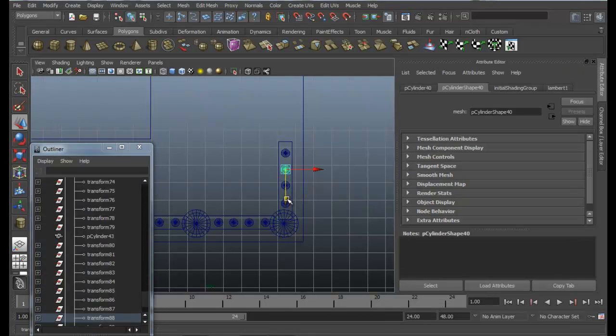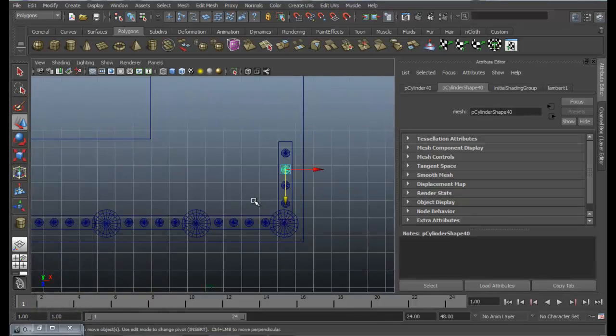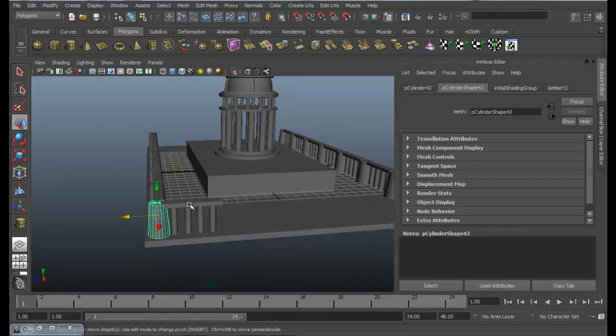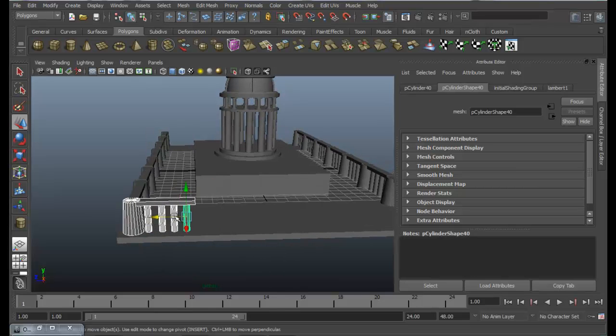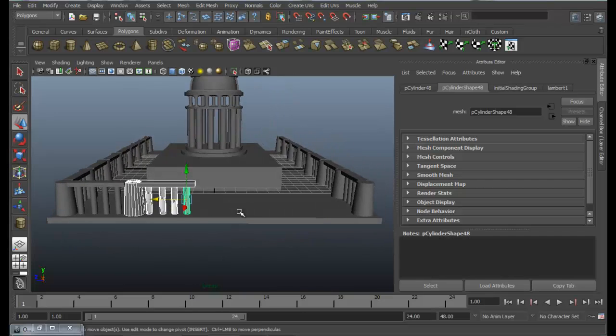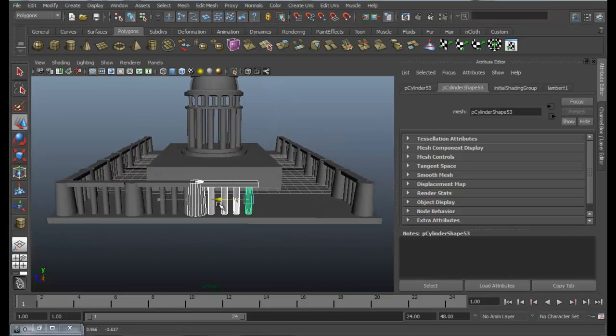Okay, so now we're just going to duplicate all these parts. Okay, Control D. It's not too big, so we're going to do it manually, not using duplicate special.